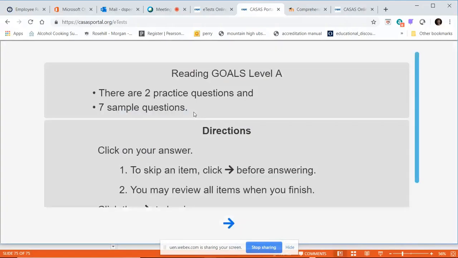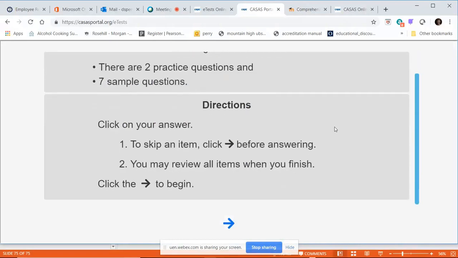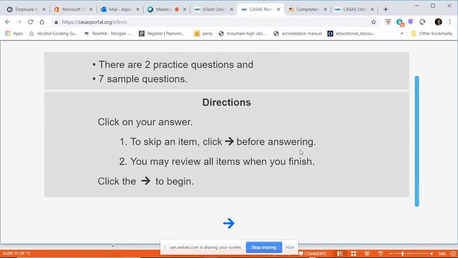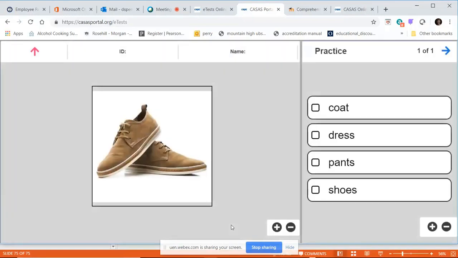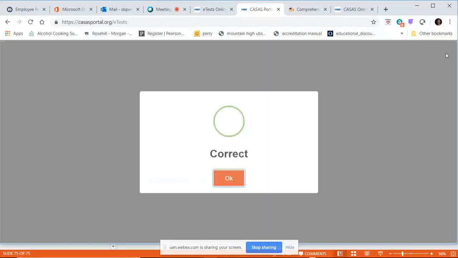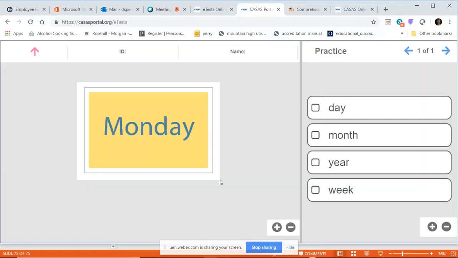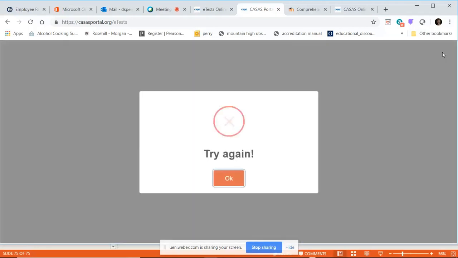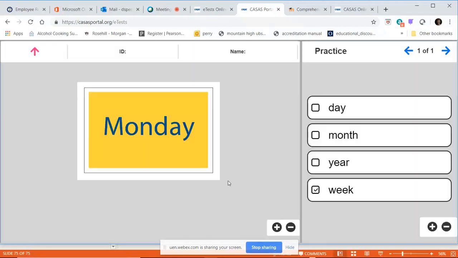So we can go into this one. It looks just like it looks on the screen. Here's the directions. And then it has a practice. And they can try that out. Yay, I'm correct, etc. If you do it incorrectly, it's going to tell you, oops, try again, etc. So you can do these with students,